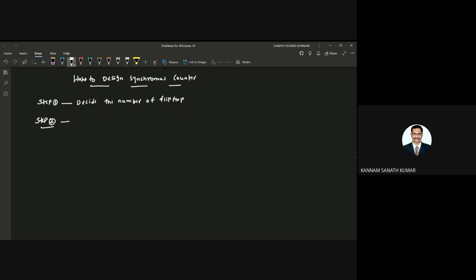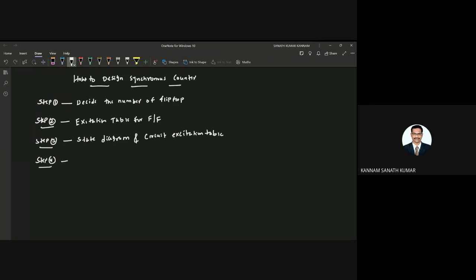Okay, so excitation table for the flip-flop. And step 3, you need to draw the state diagram, and the state diagram and circuit excitation table.